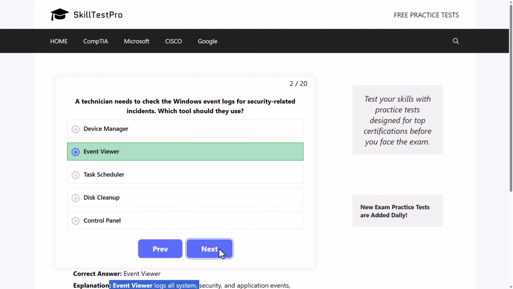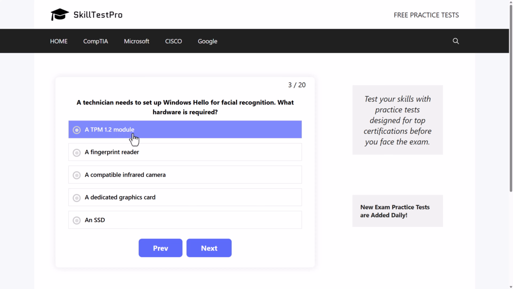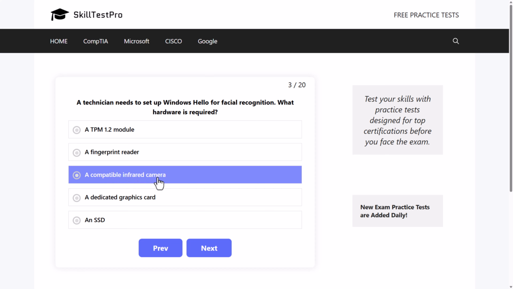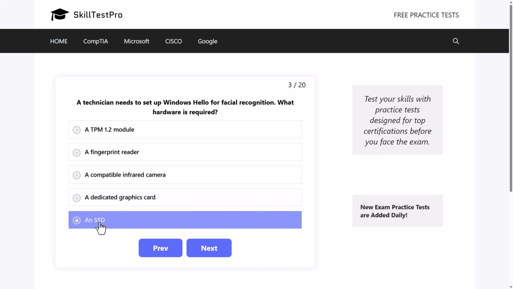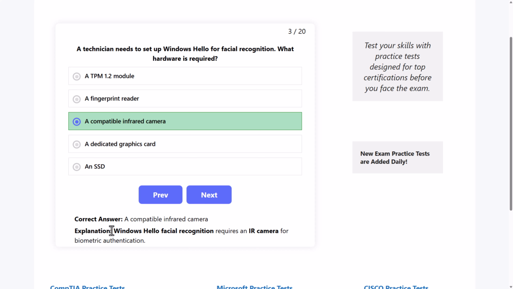security issues. A technician needs to set up Windows Hello for facial recognition. What hardware is required? A TPM 1.2 module, a fingerprint reader, a compatible infrared camera, a dedicated graphics card, or an SSD. So which one is the correct answer here? And the correct answer is a compatible infrared camera, as the Windows Hello facial recognition requires IR camera for biometric